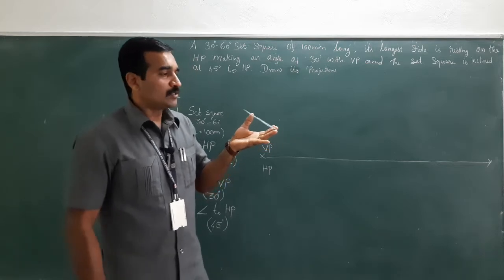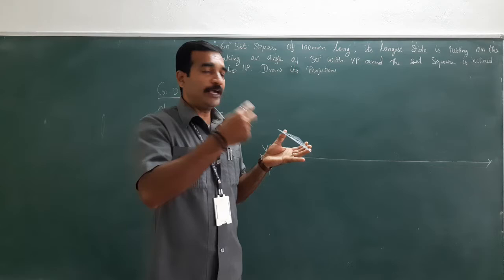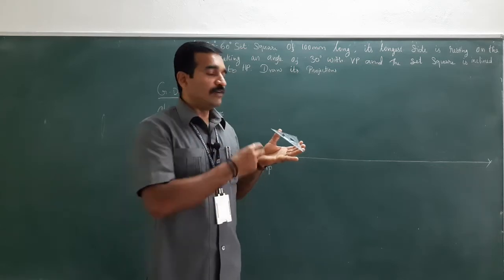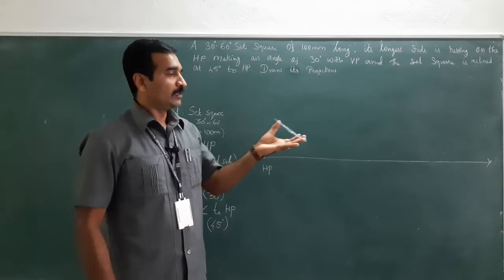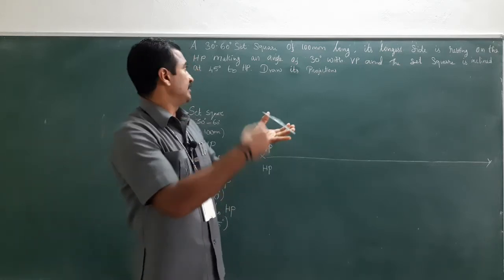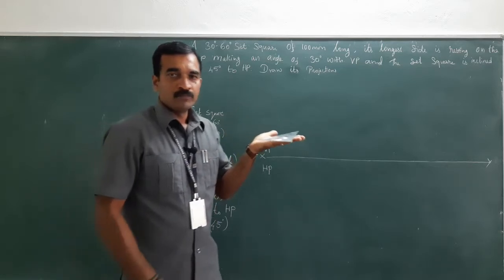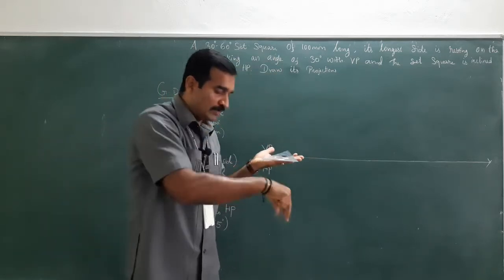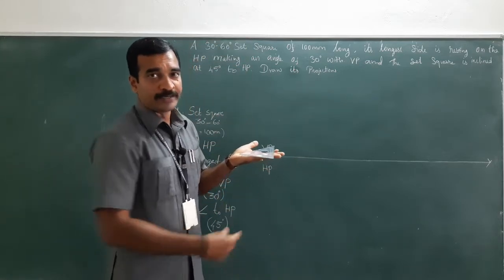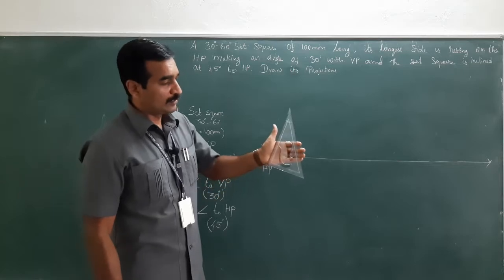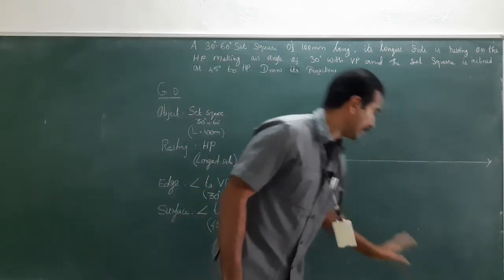Right. So in order to draw the true shape of the object, where you'll get the true shape? When the surface is parallel to any one of the plane, right? This is making this theta, that is 45 degree to HP, becomes 0. Now you could see the true shape on the HP. When you look at from the top, you could see the top view on HP. This is how it's been kept, right? This is what I am going to draw here.